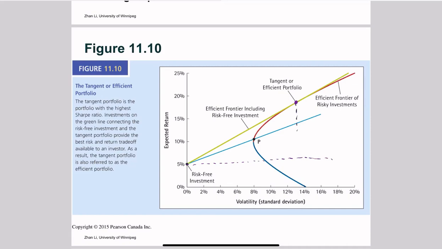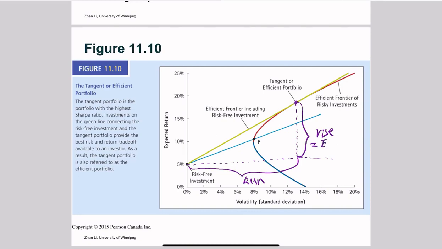Well, in high school, you have learned it's rise over run. So this is rise, and this is run. So what is rise here? The rise equals